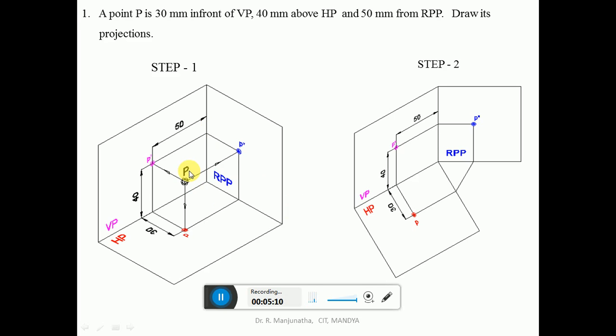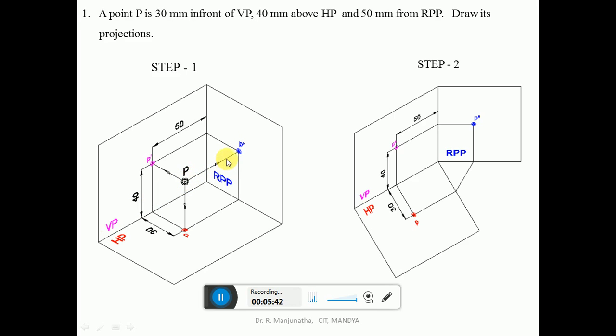So when the observer is in the left side view, the point is between the plane and the observer. Similarly, when you look from the front view, the point is between the plane and the observer. So this condition is satisfied. So to view the image on the right profile plane, we have to look from the left side view for the first quadrant. So when you view from the left side view, the position of the point with respect to the profile plane RPP is always in front of RPP.